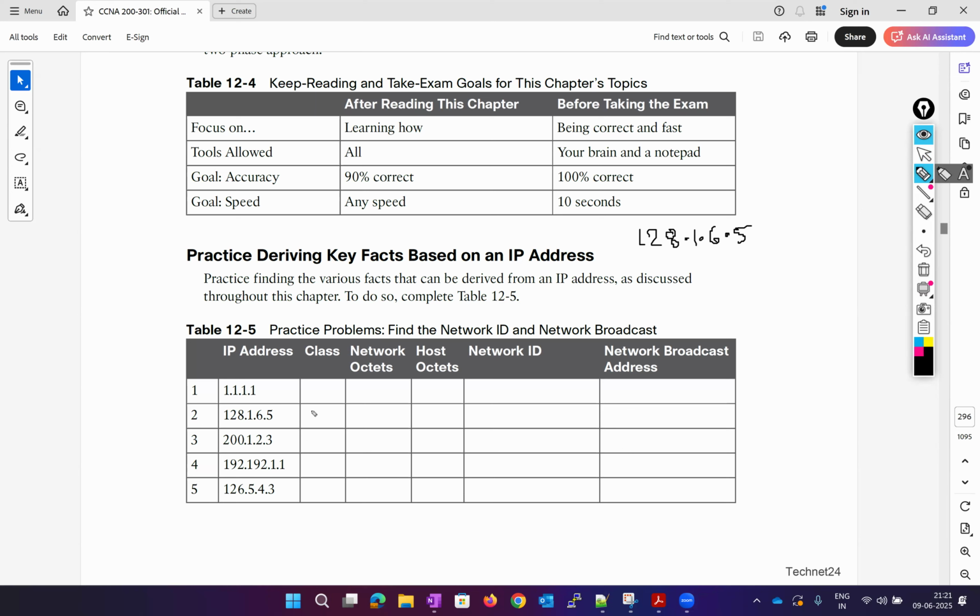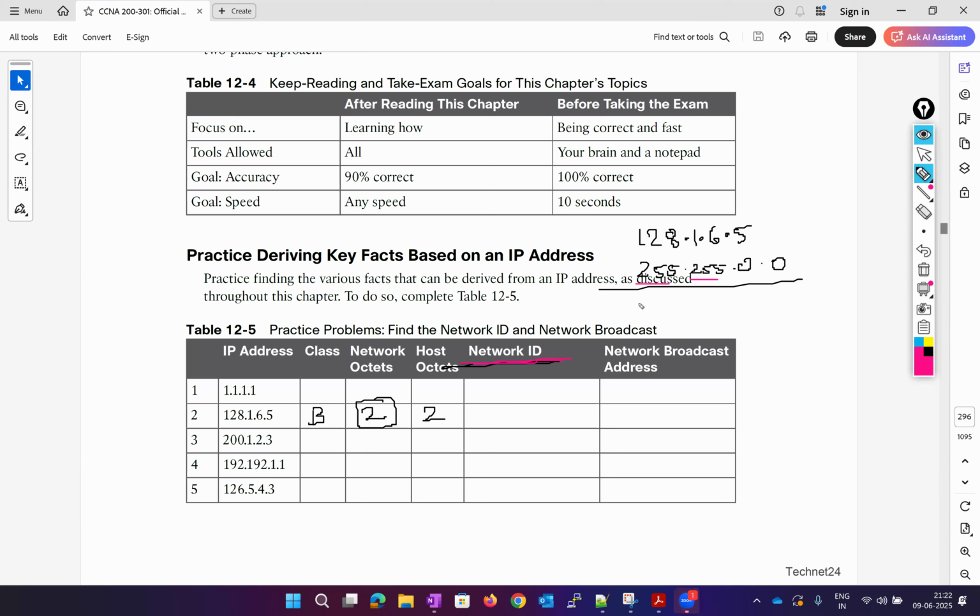Okay, so it belongs to class B, right? And how many octets do we have in network? Network octets, 2. We also have 2 host octets, right? And we know that if you have 2 network octets, that means the default mask is 255.255.0.0. Right? Now we need to find out the network ID. So to find out the network ID, as I said, all you need to do is